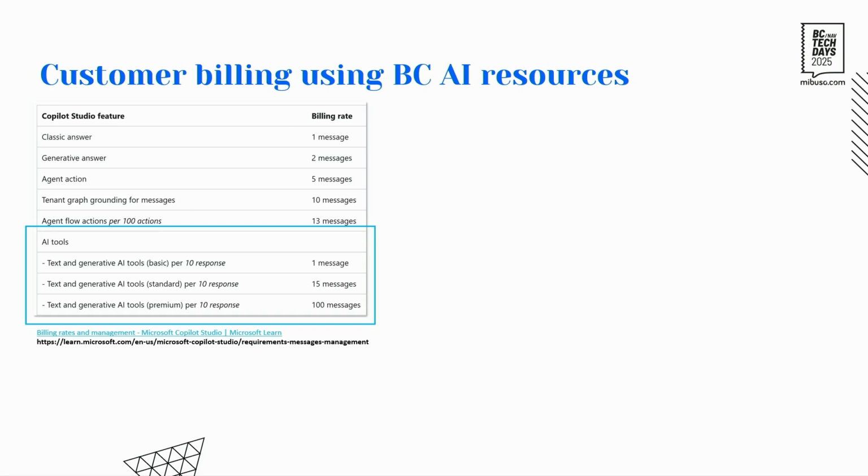It's a little bit convoluted, to be honest, but let's go over it, right? So billing, as I said, is done in messages. And for AI tools that BC AI resources follow, the messages are computed from something that is called responses. So you'll see I put a link in here from the documentation. It shows how responses are mapped to messages, right? So if we take the middle column, middle row there, we see that if you use the standard SKU, then 10 responses is the equivalent of 15 messages, or 1 response is the equivalent of 1.5 messages, right?